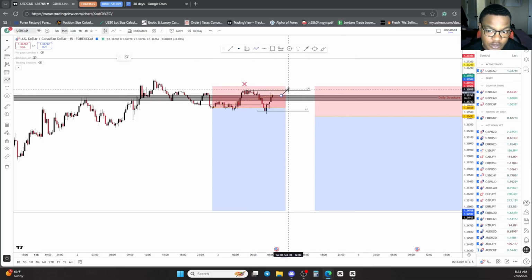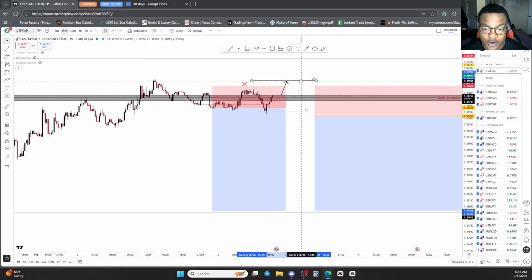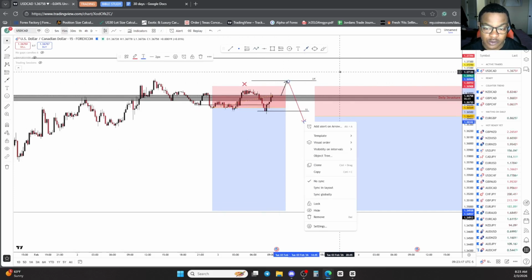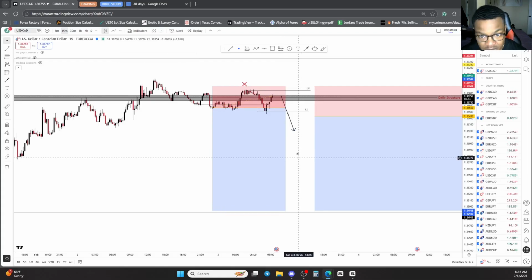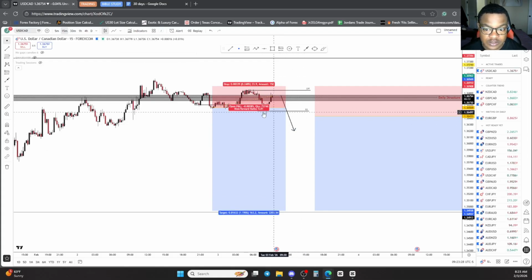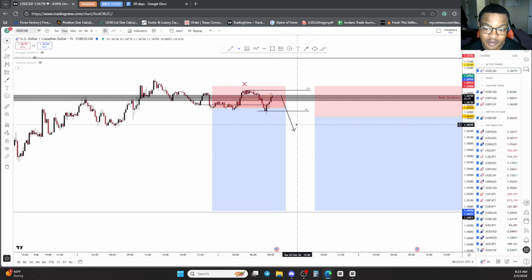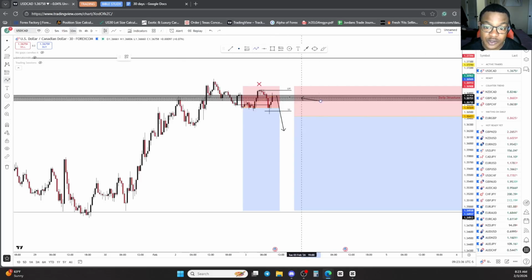If price does go break these highs, okay, that's fine. We'll then transition to bullish, having our new higher high and then this higher low. We will simply wait for the break of these lows. But say price does not push higher, but instead gives us a drop right here. This is amazing, because based off of what price is showing us, I want to see this 15-minute perform the break of these lows, which will leave me with this 30-minute bearish engulfing. I will then just wait for this 30-minute candlestick to form something like this.